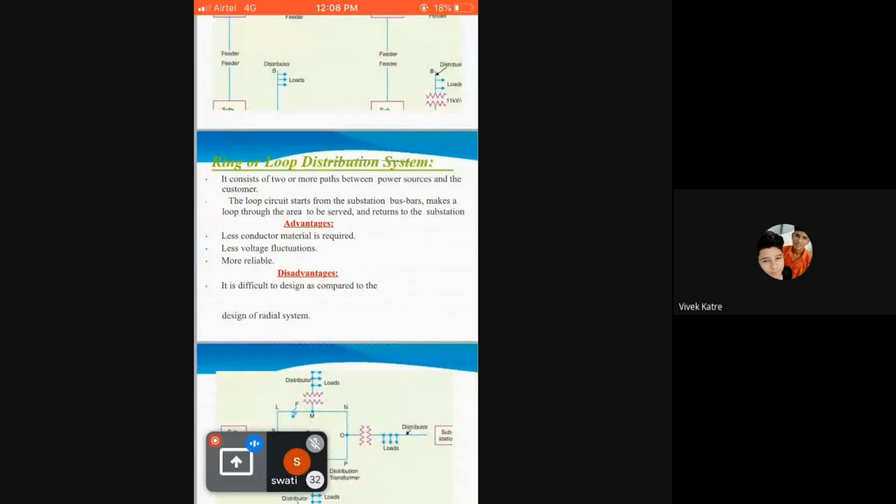So what are the advantages? There are two advantages. One is the simplest system. You can see here, okay, simple planning system is there. And the next one is low cost. That means for the installation, we will require the lowest initial cost. That's why we are taking these as the advantages.